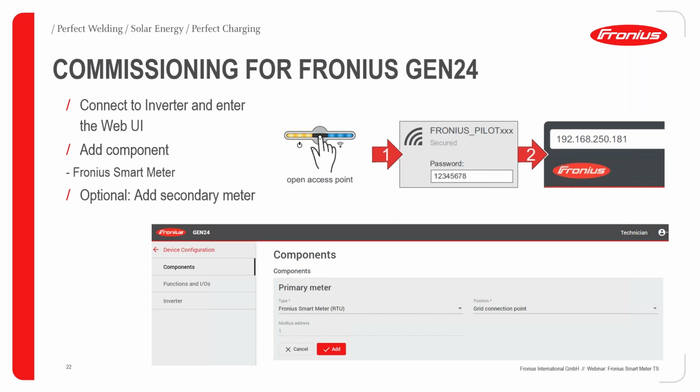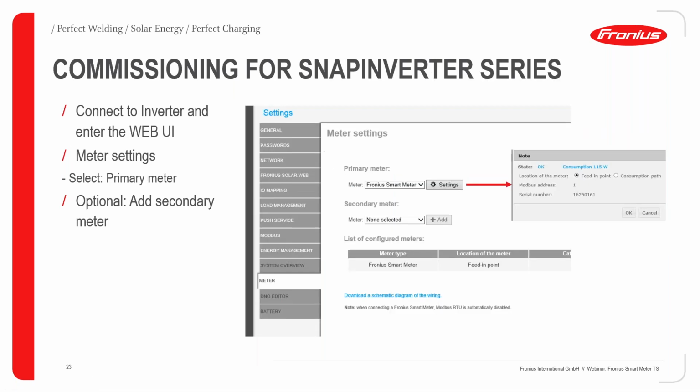It's the same process also for the secondary smart meter. It's also simply add a component, select secondary smart meter then, and the same procedure. It's also looking very similar when we talk about the snap inverters, because it's the same thing. We need to open the access point of the snap inverter, which is done with the display of the inverter, actually, in this case. So on the display, we say open the access point, we connect with our device, and